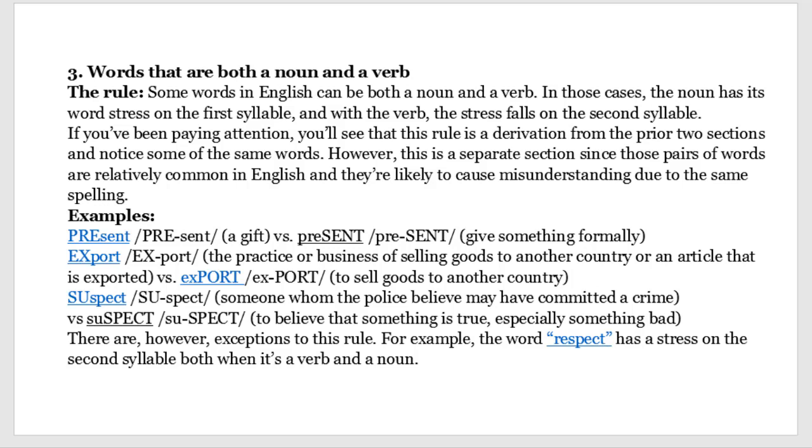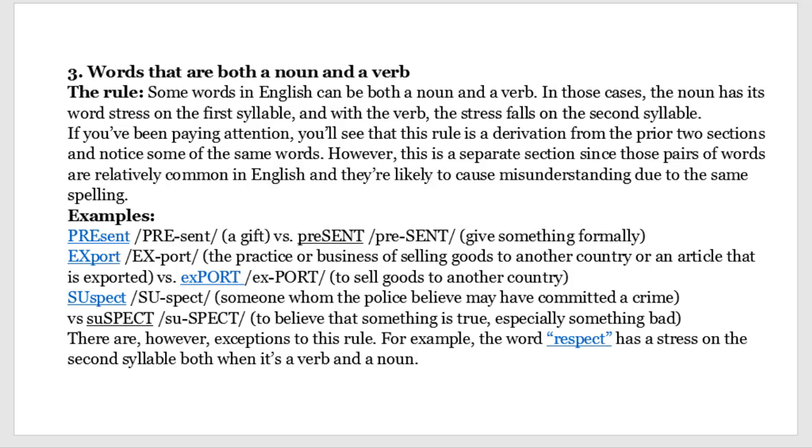However, this is a separate section since those pairs of words are relatively common in English and they're likely to cause misunderstanding due to the same spelling. Examples: present, a gift, versus present, give something formally,